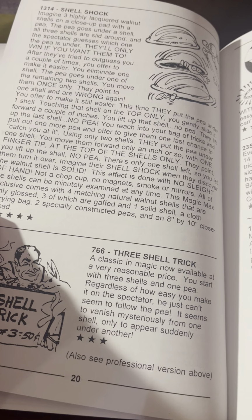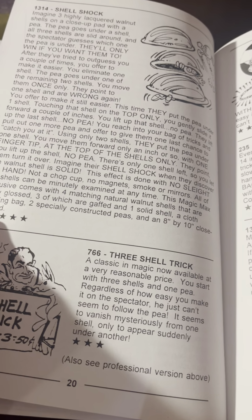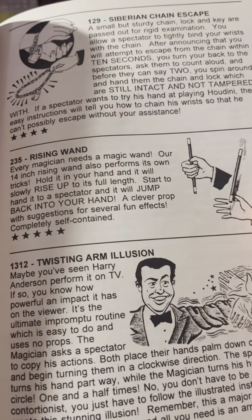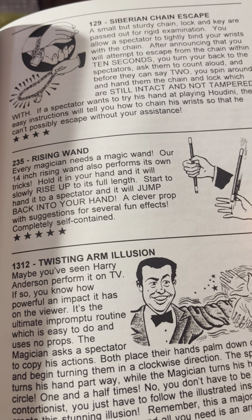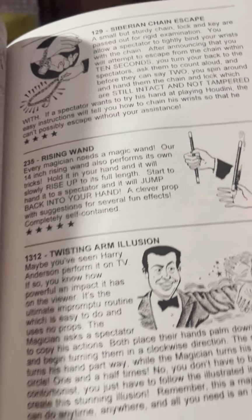Shell Shock, I guess that's the shell game. Oh, at least the same thing? It looks like it, yeah. Scam. That's all it was, a scam game. The Chain Escape, I use that occasionally. Rising Wand. That's a cute one. Twisting Arm